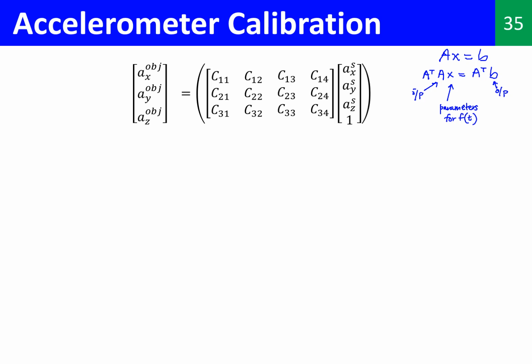In order to represent this system in the way we studied, we may need to do some slight modifications. First, I will transpose the whole equation. So left transpose and right transpose, and we will obtain AX object, AY object and AZ object. So that's the transpose of the left one. So that would be equal to